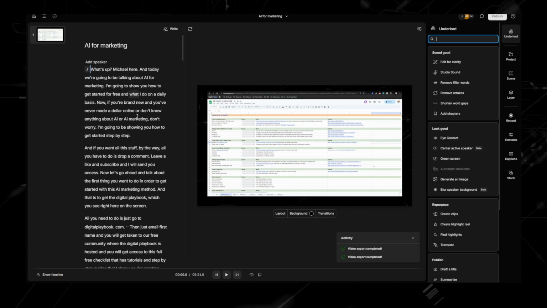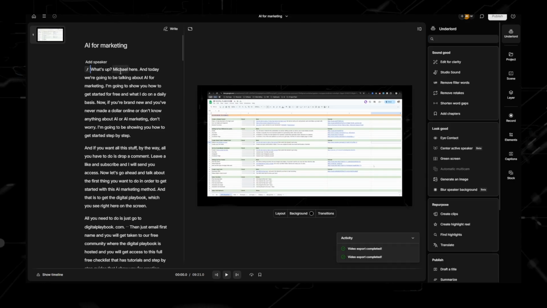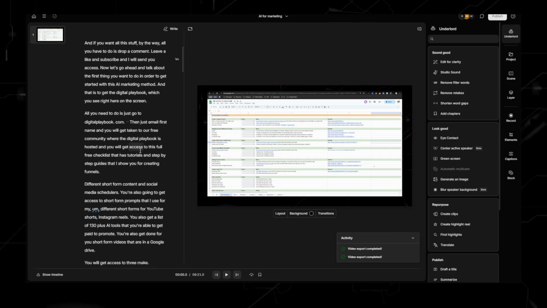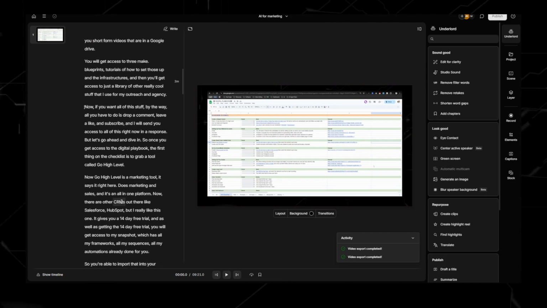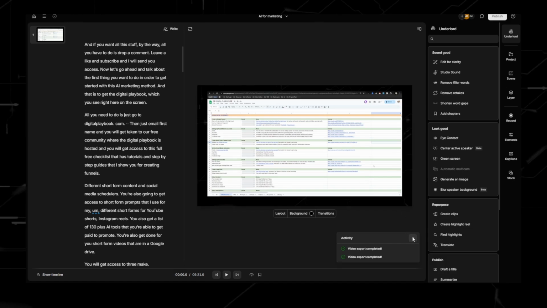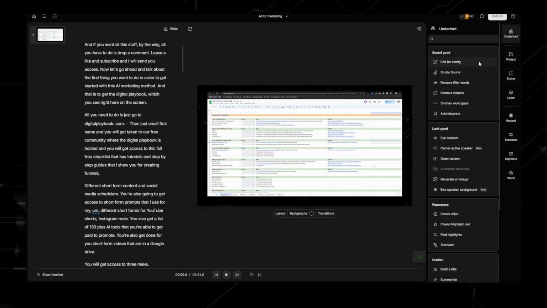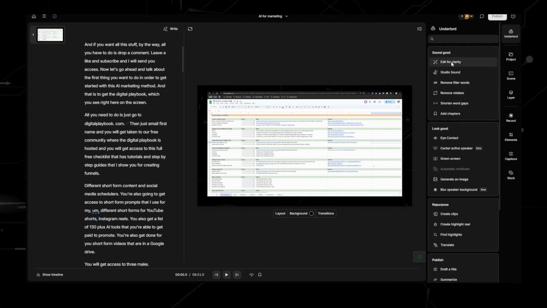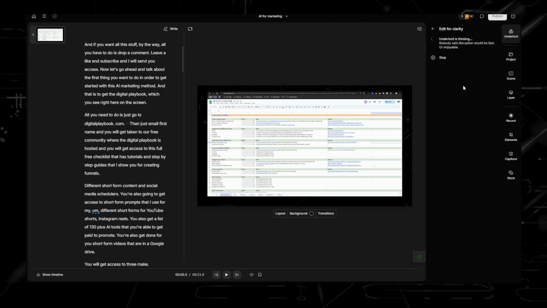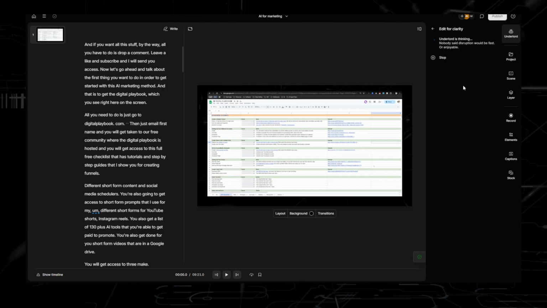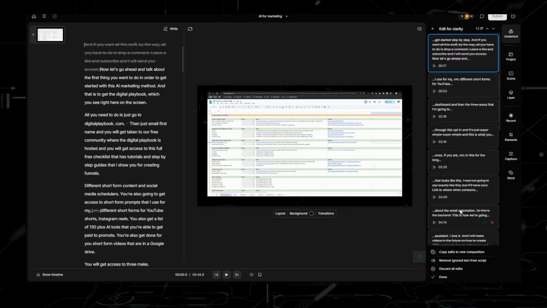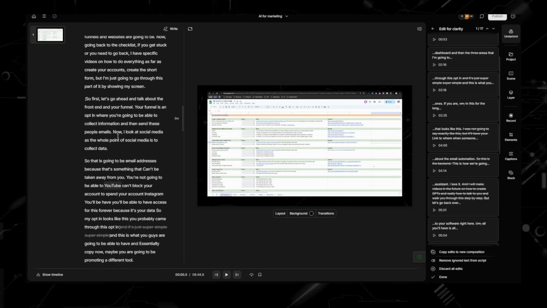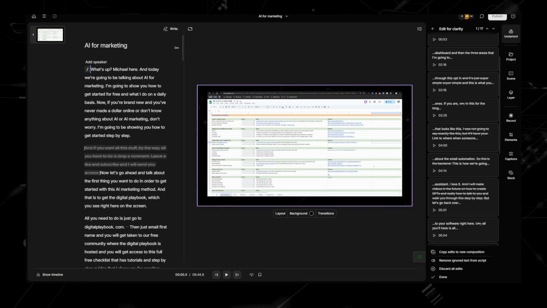So this is text to edit. You can see that this is literally what I'm talking, and it's all right here. Let's say I say a lot or I mess up in here. If we go over here to this section, this is called the Underlord, and it allows you to edit for clarity. So if we click right here, edit, and it'll edit out parts where maybe I stuttered. Look at all this. Takes out some parts by what would sound the most clear. I use this sometimes, not always.